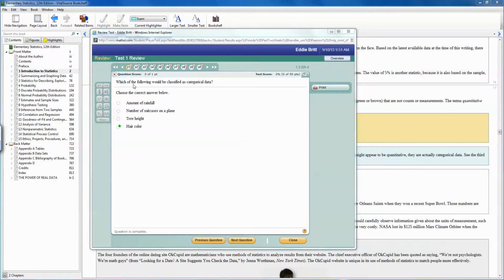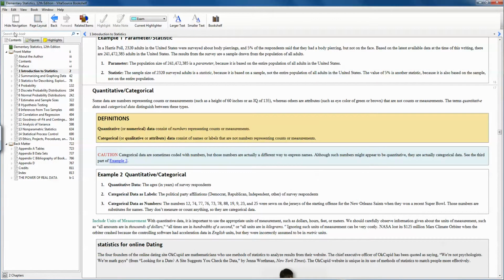Picking up with question number 21. Which of the following would be classified as categorical data? So we've got to know what categorical data means. If we go to our book, I'm not sure if any of you have used this function. There's a little search bar here. You can click this, and if I was to search for categorical,